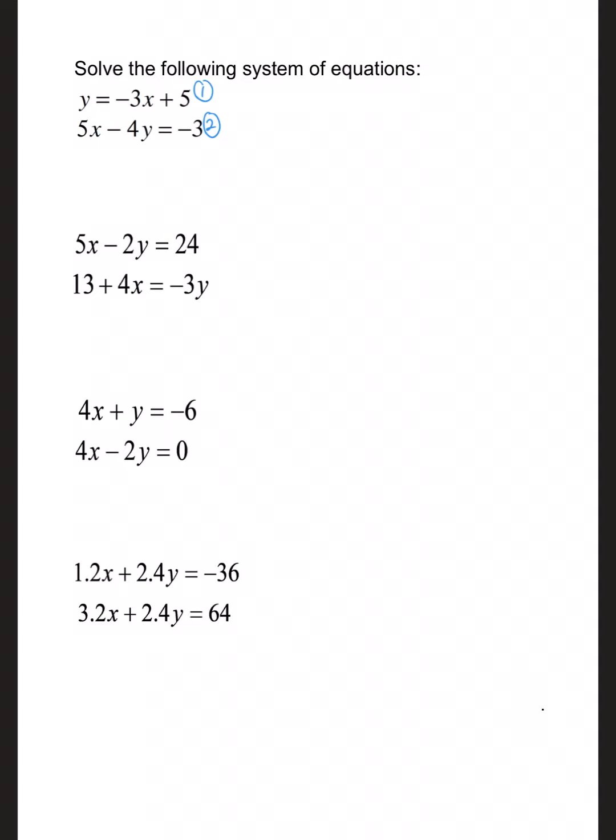For elimination, we want all of the variables lined up over each other and the constants lined up over each other. Well, in this case, equation 1 already has a variable isolated, right? Y is already isolated. So that tells me we're going to use substitution. So we're going to sub equation 1 into